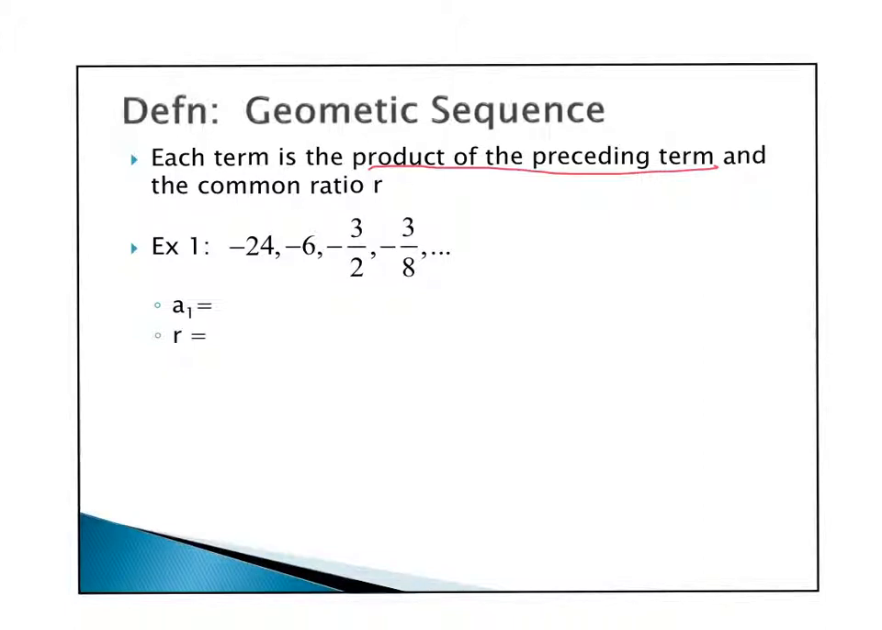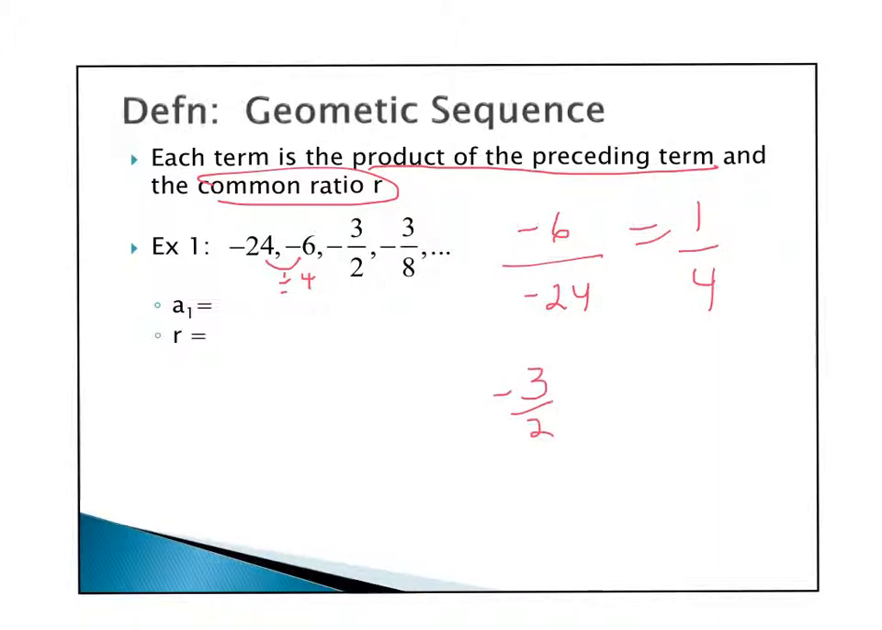So if we look at example 1, when we saw a problem like this earlier in the chapter, we would recognize that to get from one term to the next, in each case, we would say that we are dividing by 4. Well, now we're going to think about this from a different perspective. We are going to think of it in terms of a common ratio. And the way that we get the common ratio is by taking any term and dividing it by its previous term. So for example, I could do negative 6 divided by negative 24, which gives me 1/4. I could do negative 3/2 divided by negative 6, which is the same as negative 3/2 times negative 1/6, and that would give me